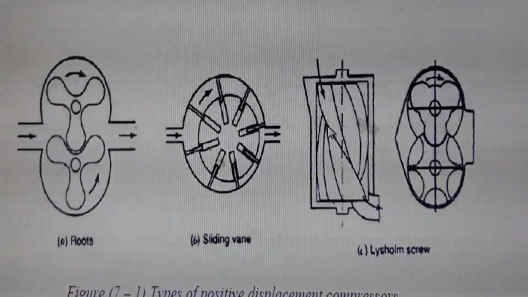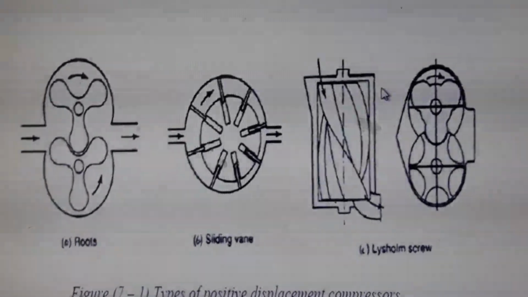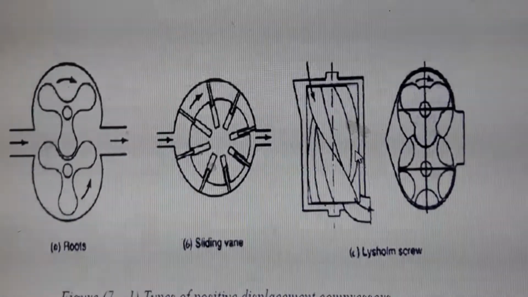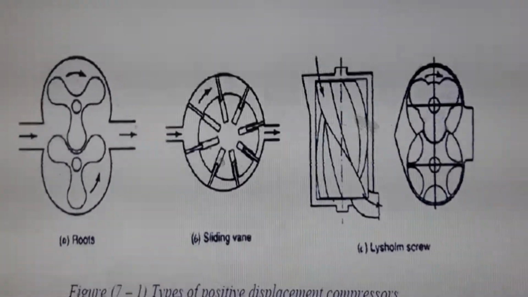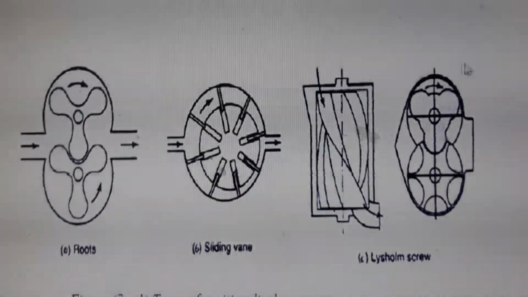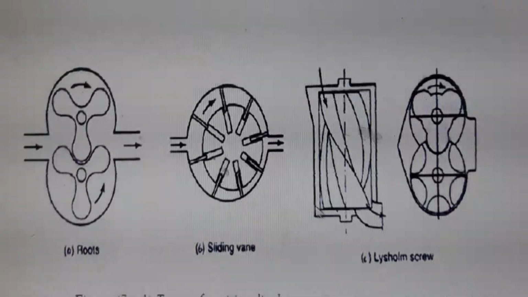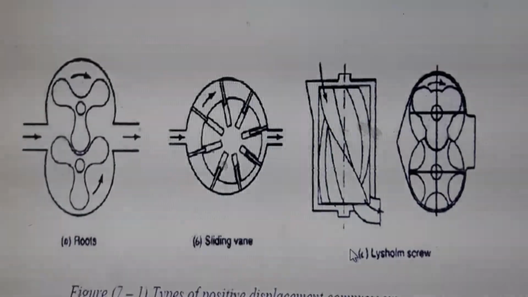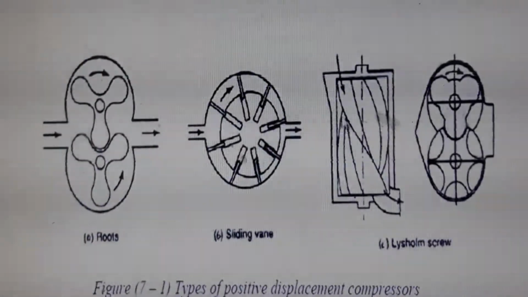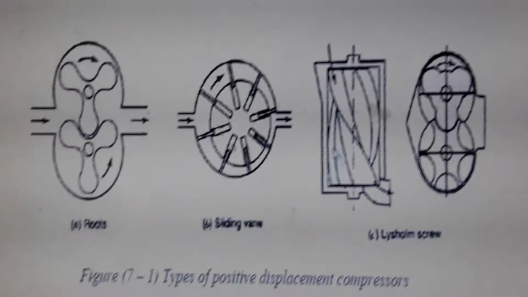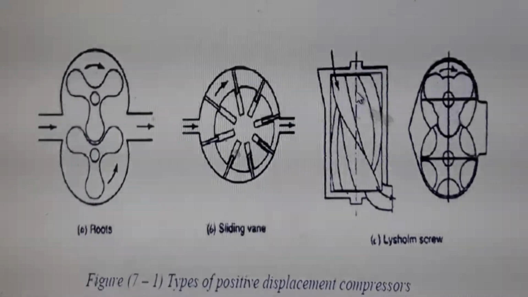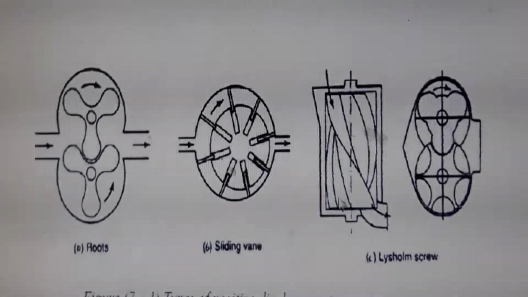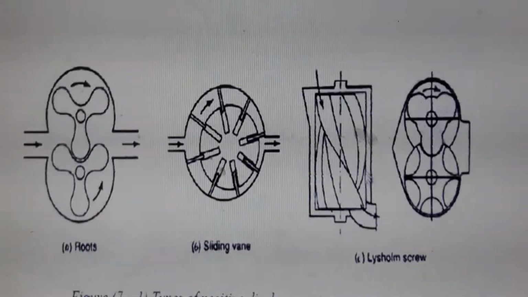Now let us see the working of the screw compressor. The action of the screw compressor is similar to the action of a nut and bolt. For the screw compressor, this is the inlet and this is the outlet. Air from the environment is taken inside, that air is entrapped in between the screw action of the compressor, and that compressed air is sent to the environment through this outlet. So this in brief is the working of the screw compressor.